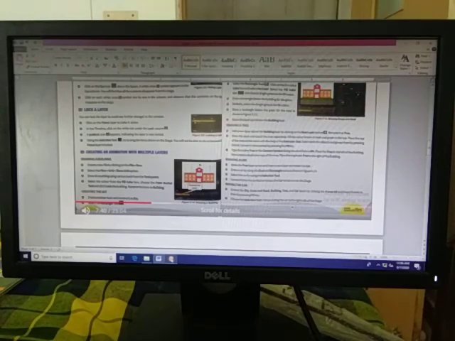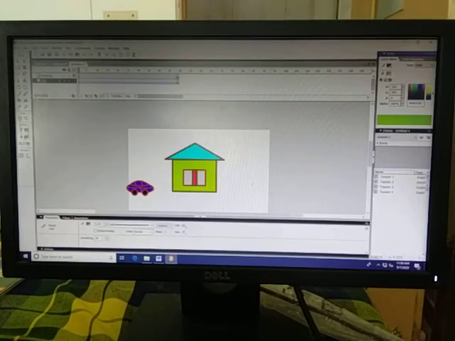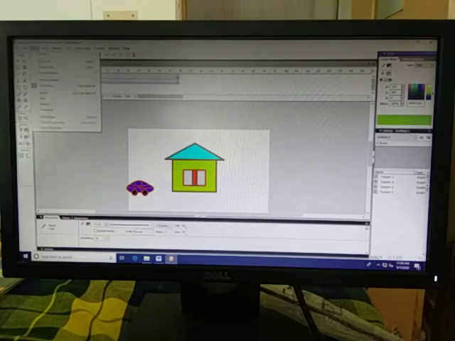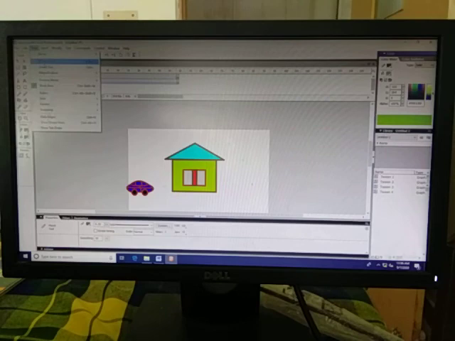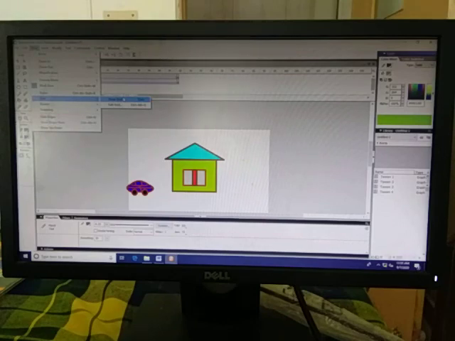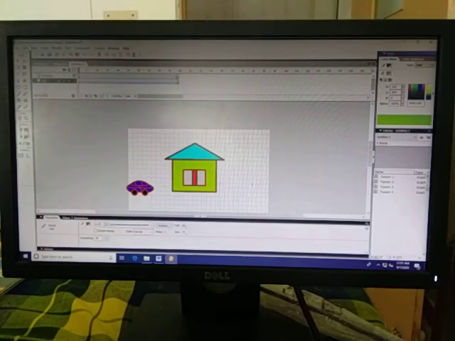And one more thing, students, I would like to tell you how to show the grid here. To show the grid, you will click on the view button, and then go to grid. View and grid, show grid. The shortcut key for show grid is Control plus apostrophe. So this grid is showing.